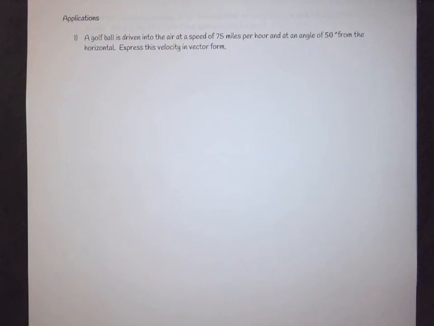It is my experience that anytime we use the word application or story problem or word problem, or you see a problem that has sentences instead of just straight math, a lot of students or people in general tend to shy away and freak out. Okay, I've got a couple examples here for vector applications